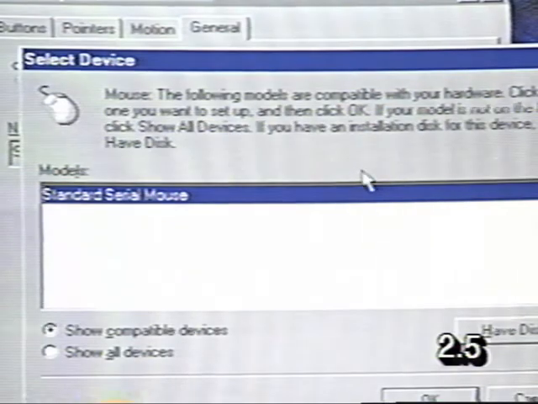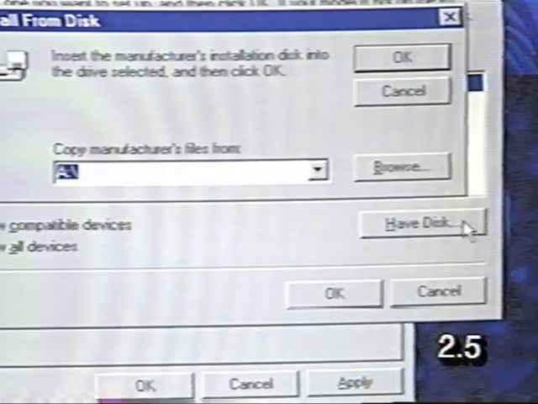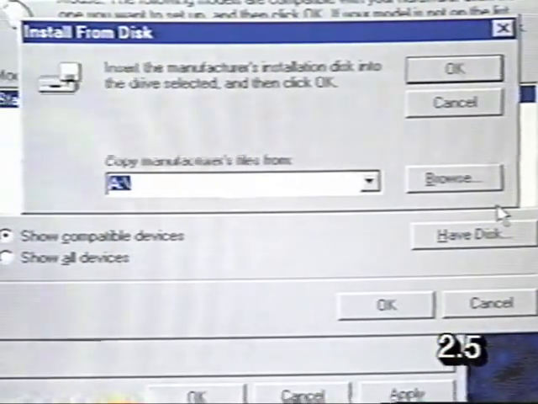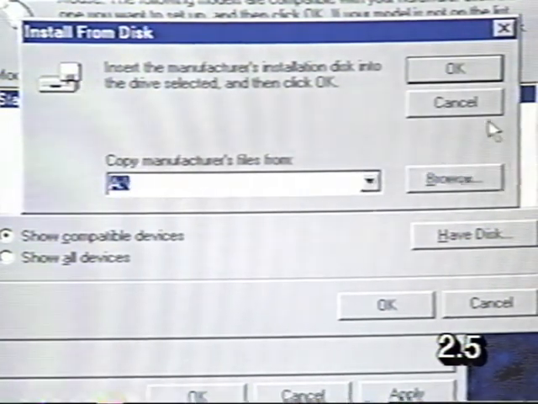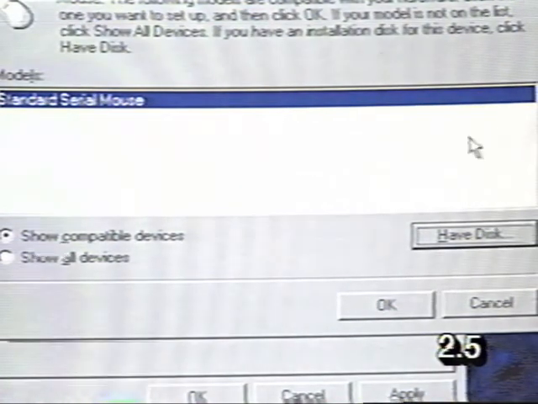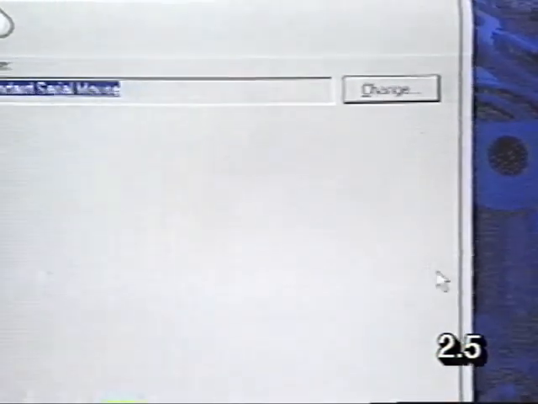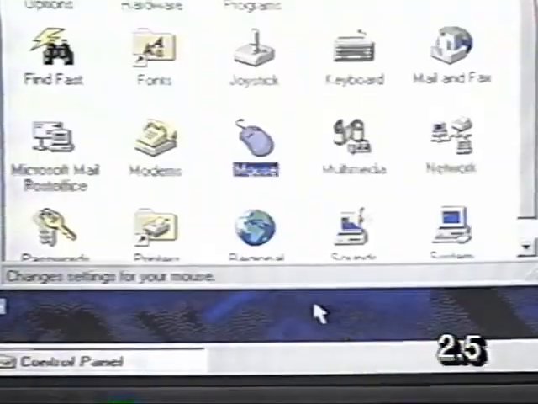If we have a disk that came with our new mouse, we can simply click on Have Disk. We can insert the disk into drive A or drive B, according to what's appropriate for our own PC, and then Windows 95 will read the drivers to go along with our new mouse. We'll click on Cancel, and let's go ahead and click on Cancel for this dialog as well. Once we're done setting all of our mouse properties, we can simply click on OK, and we're back in the